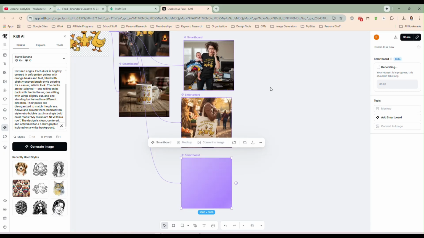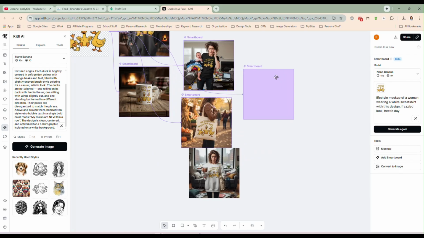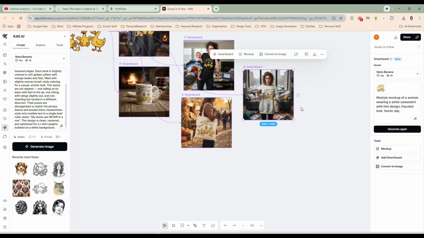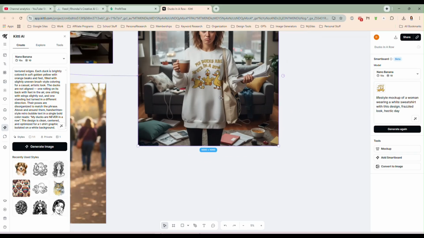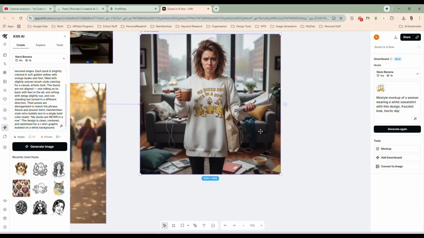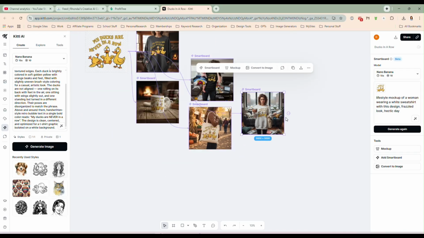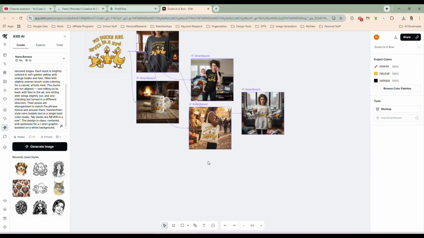Now, like I said, it's up to you whether you want to use something like that. I happen to like it. I think that one is pretty good there. Yeah, definitely. Okay, so now we have our mock-ups,